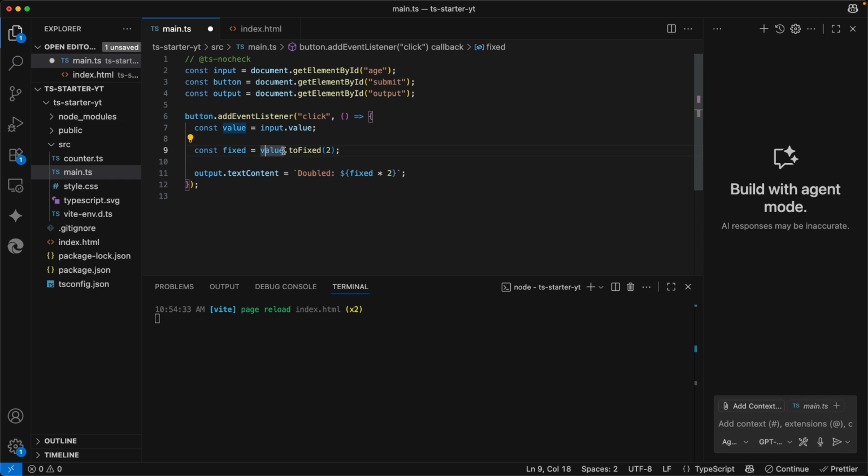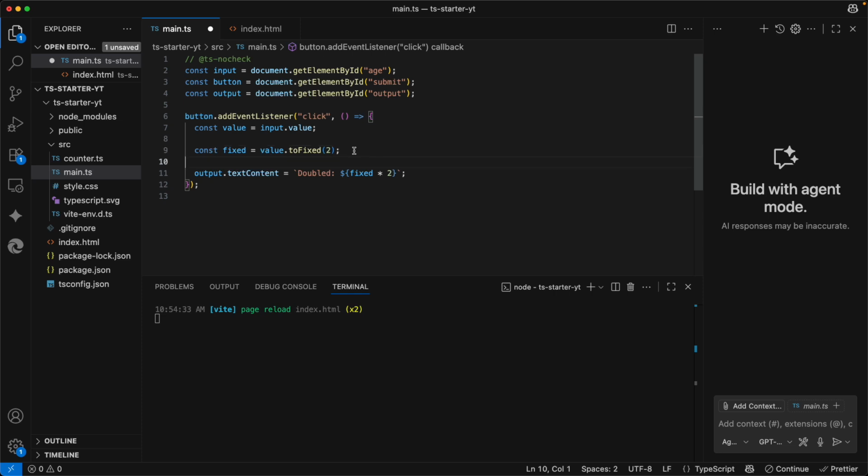And then we are doing value.toFixed to set it to a fixed decimal number, so 2 decimal places here. And then we are outputting it, and before outputting, we are multiplying it by 2. And then we set the text content of the output div here. So very simple, and one could think that this is no problem and it should work.